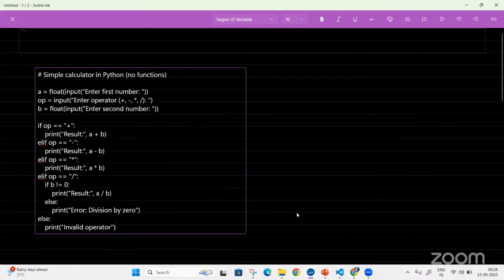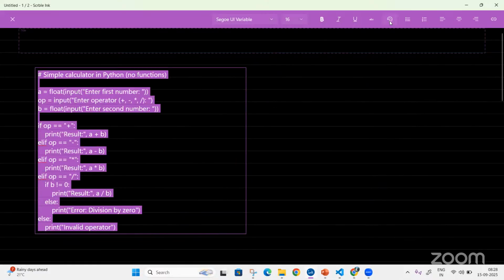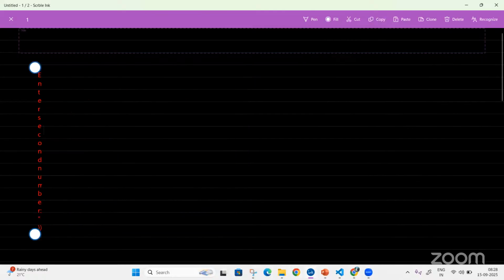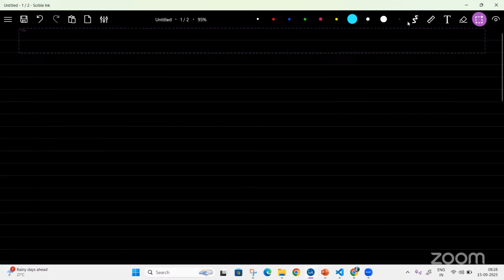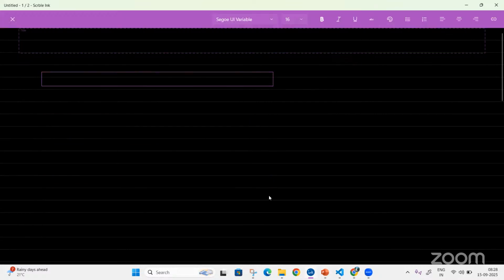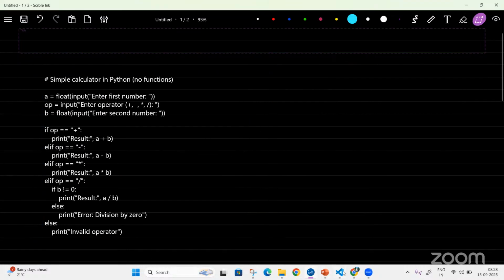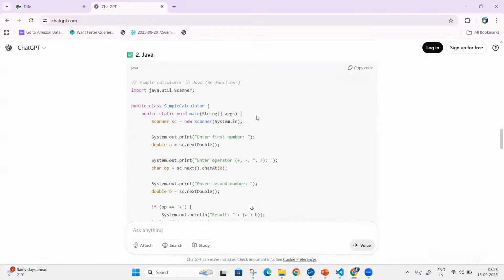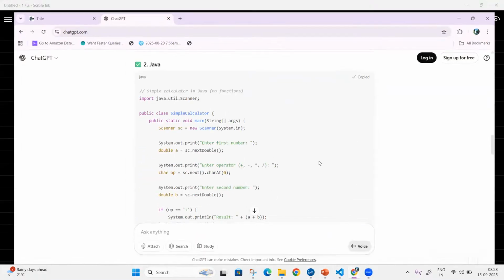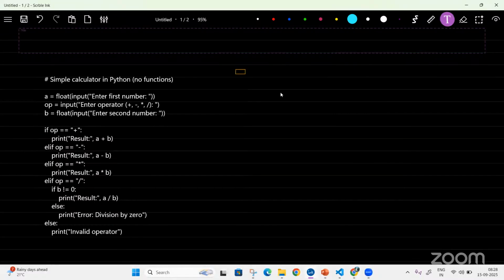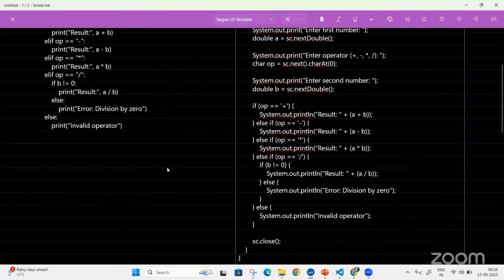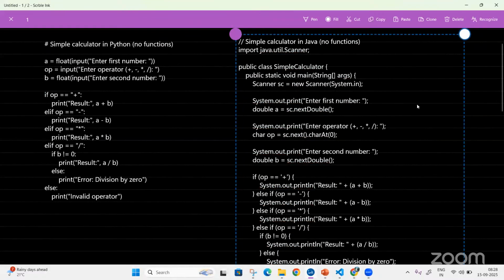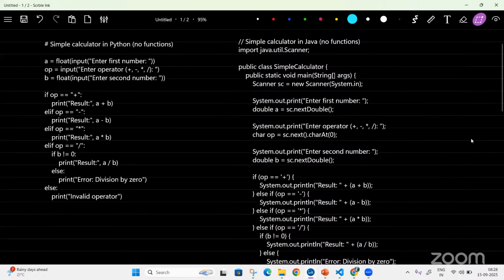Have this piece of code. Let me make it red. Sorry for that. And the same code I'm taking from Java and keeping it here, which is easy to understand.